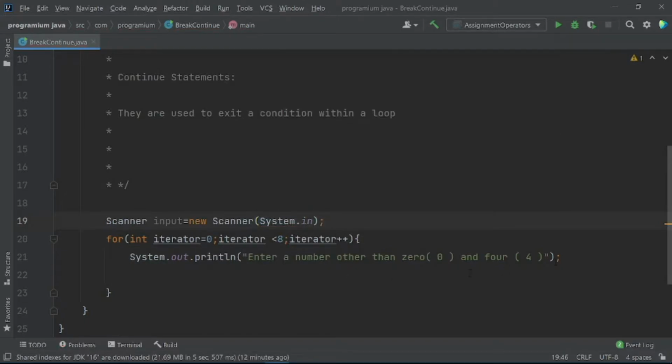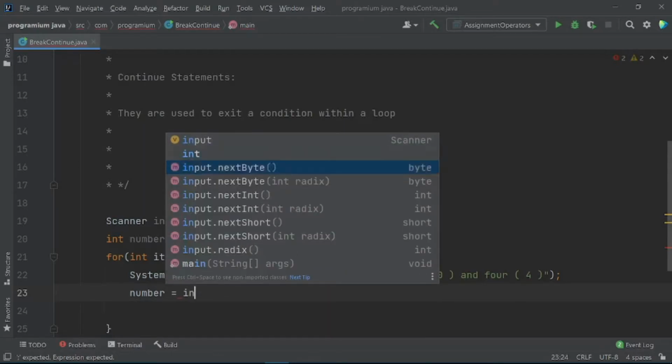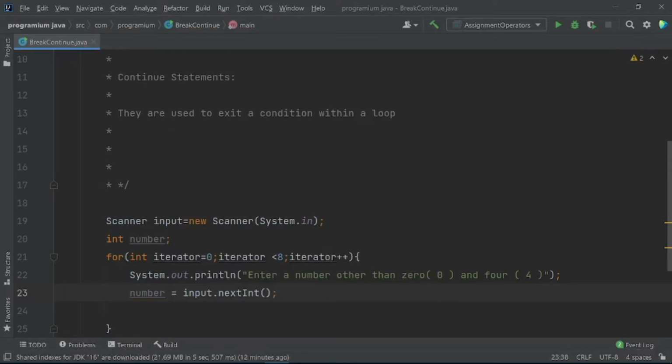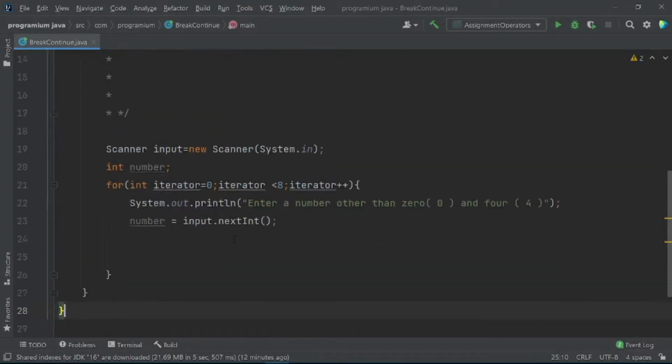Fine. And also create an integer here, number. So as you know, to store a value entered by the user in this variable, we use input.nextInt. And now we will see how we can use these break and continue statements.